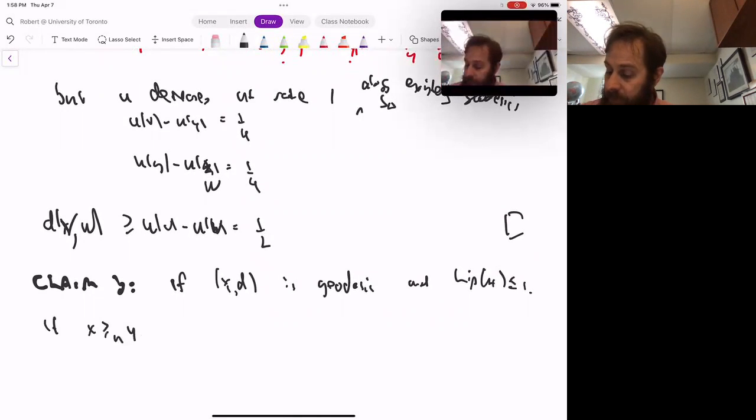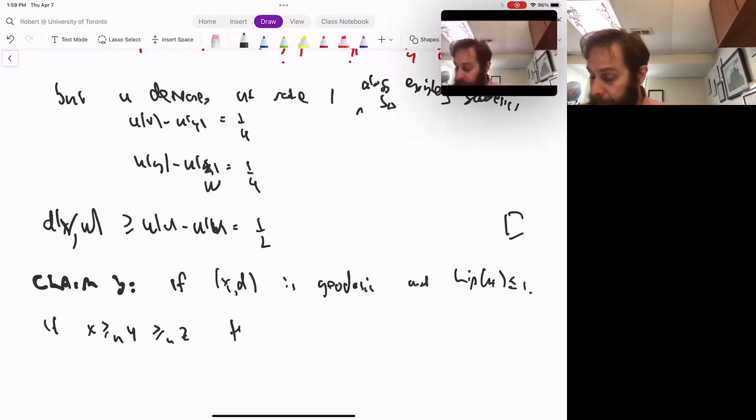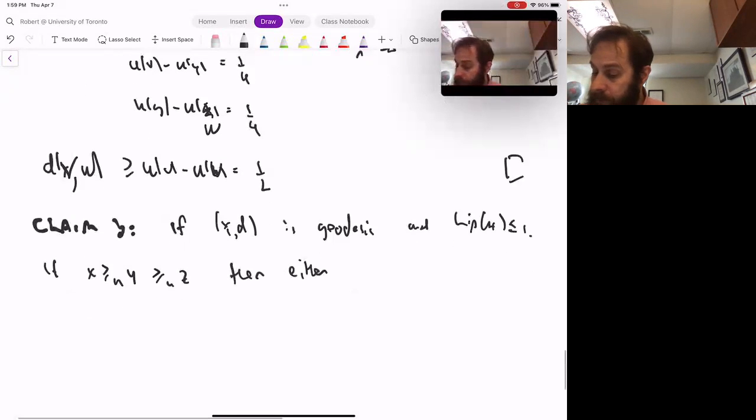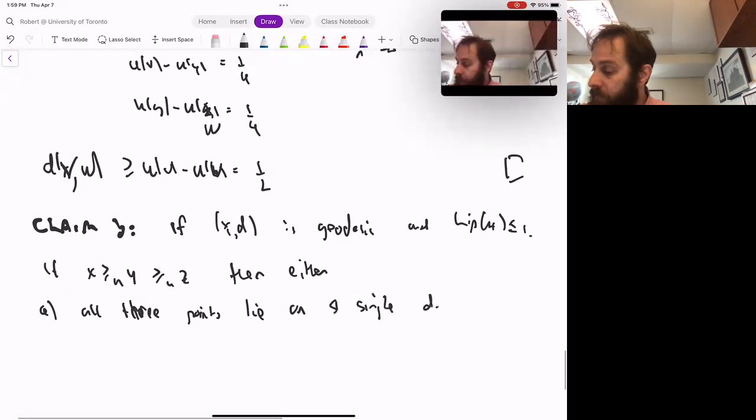If X dominates Y dominates Z, then either all 3 points lie on a single geodesic,